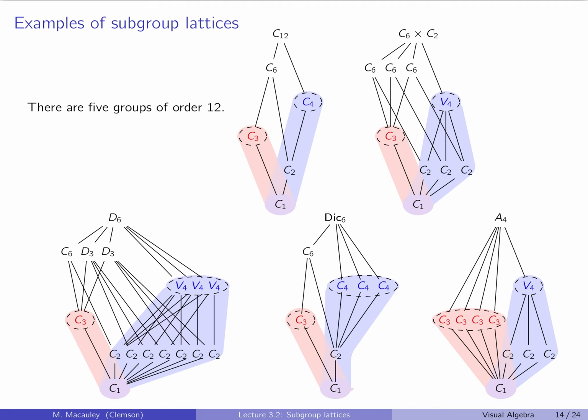And that's not random. When we learn about the Sylow theorems, we will learn that the P subgroups, remember that those are subgroups of order P to the n, they come in towers. So these are the 2 subgroups, that is the subgroups whose order is a power of 2, and these are the 3 subgroups, those whose order is a power of 3. And they will always come in towers, and the top of the tower is going to be conjugate,